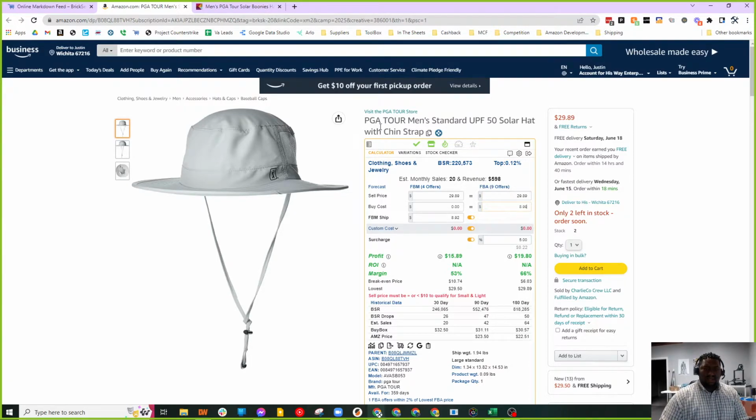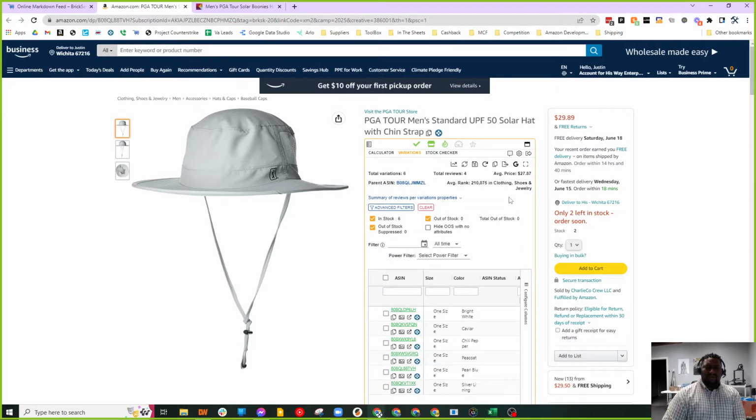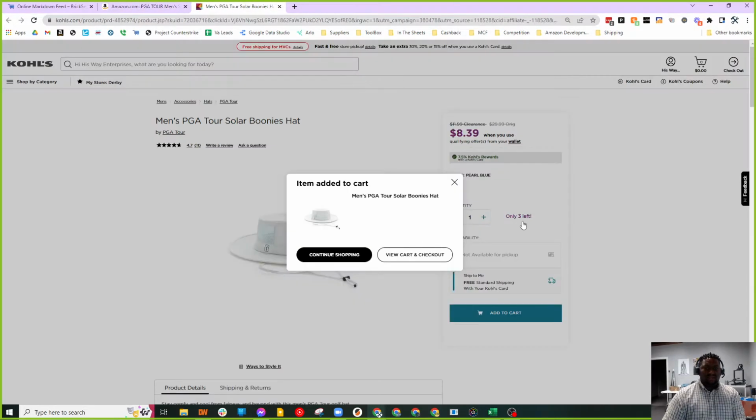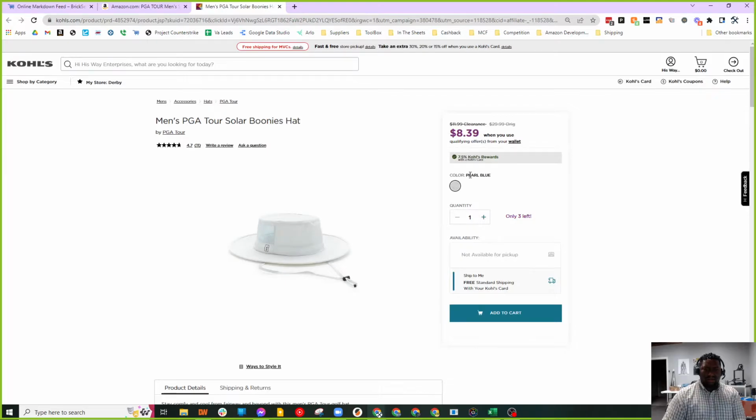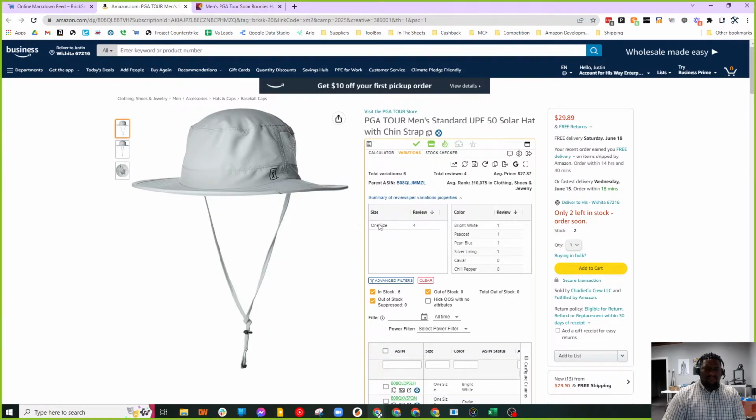Let's evaluate this. This is a hat, a really nice hat, I guess, for golfers. Now we're going to do our review analysis on this. I like the average price at 27.87. The color available to us is pearl blue. I wonder if it's one size fits all, and we can quickly tell that. Yep, it's just one size. It has 4 reviews total. Bright white, peacoat, pearl blue and silver lining, it looks like, are the only ones with